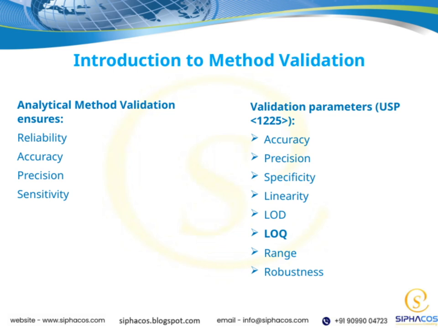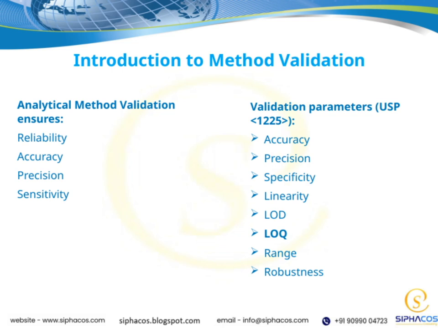These include accuracy, which tells us how close our measurements are to the true value; precision, which reflects the consistency of our results; specificity, to ensure our method can distinguish the analyte from other components; linearity, which confirms our method's response is proportional across a range of concentrations; LOD, or limit of detection, indicating the smallest amount we can reliably detect; LOQ, or limit of quantification, which is the lowest amount we can quantify with acceptable precision and accuracy; range, representing the interval over which our method is reliable; and finally, robustness, which tests how resilient our method is to